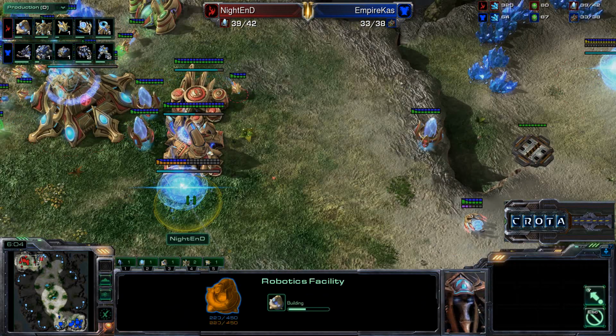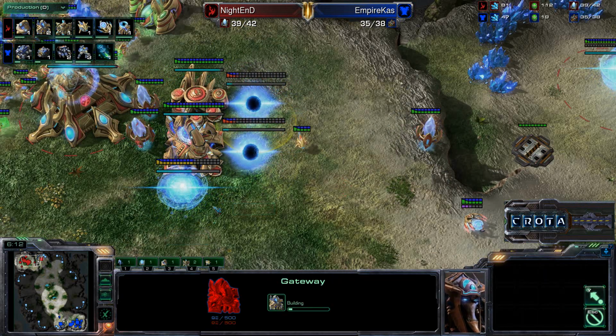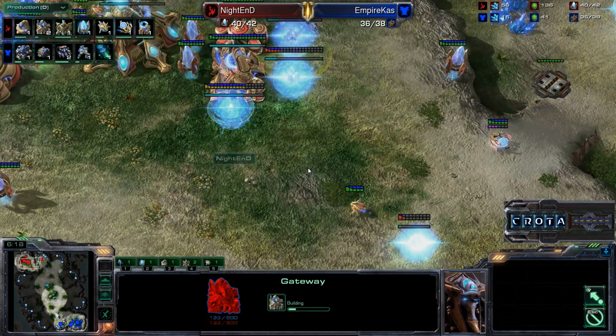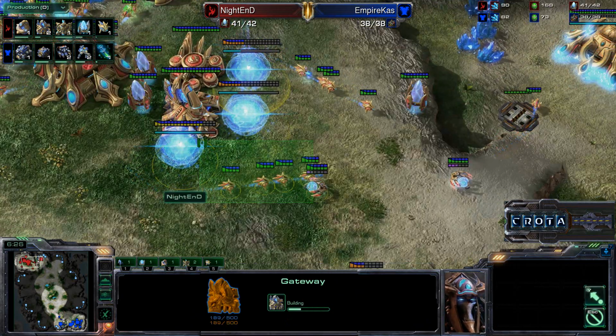We are seeing a transition now into NightEnd, going into more production buildings with a robotics facility and 2 gateways. I like the timing on this. He's making sure that he's spending his resources. Early portions of the game, you really want to make sure that you spend your resources in a smart manner